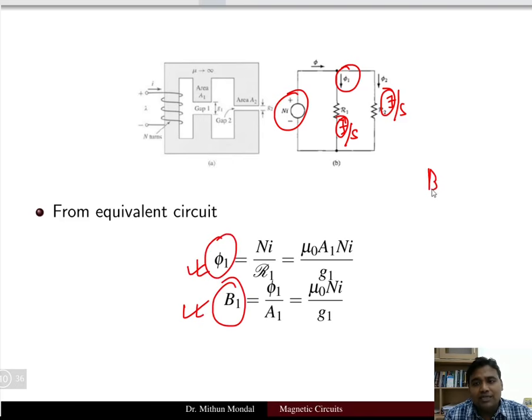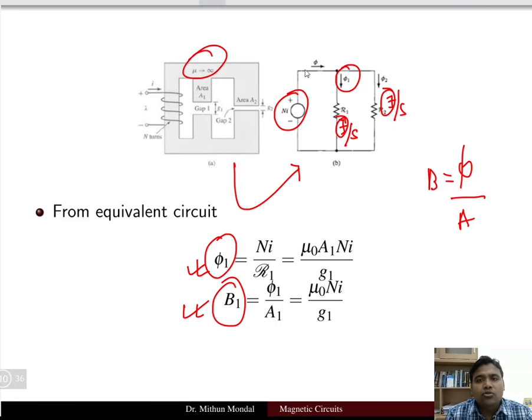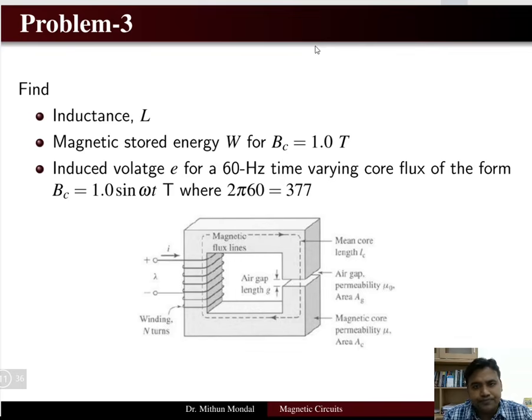So you know that the flux density is basically flux per unit area. If you can convert the magnetic circuit to an electrical circuit, you can easily determine the values of the parameters that are asked after having a proper understanding. Because here mu is infinite, you need not take the reluctance of the core, because this reluctance will be very small. So let us see problem number 3.